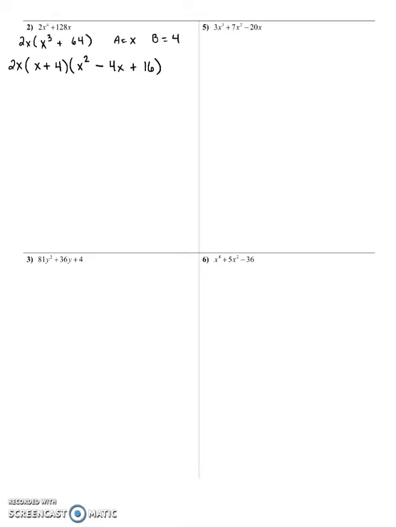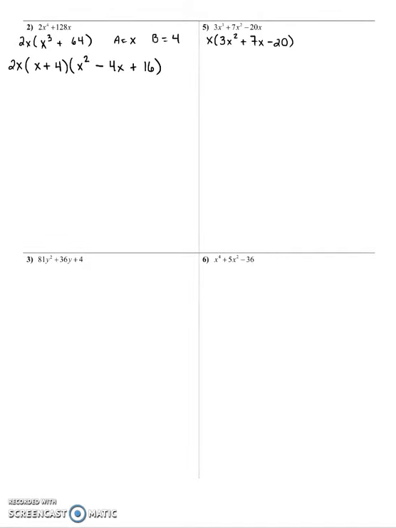Okay, let's jump over here and try number 5. So first, we need to see if we have a GCF. We do. It's the x, which leaves us 3x squared plus 7x minus 20. So the 3x squared plus 7x minus 20,